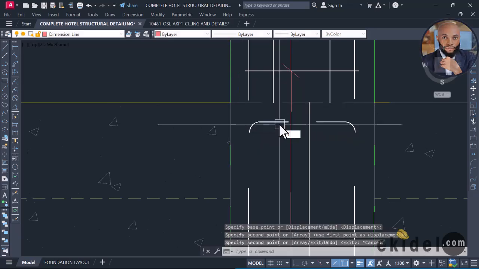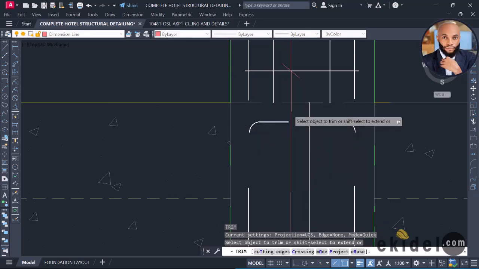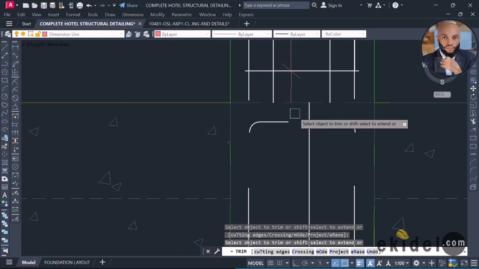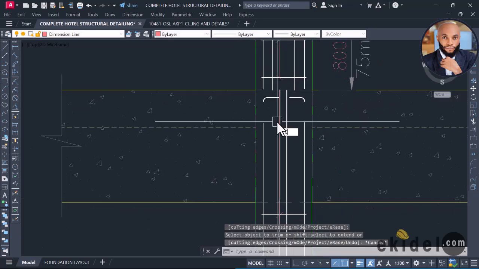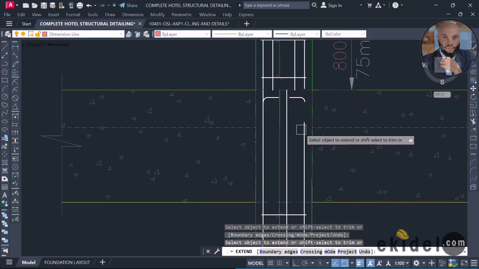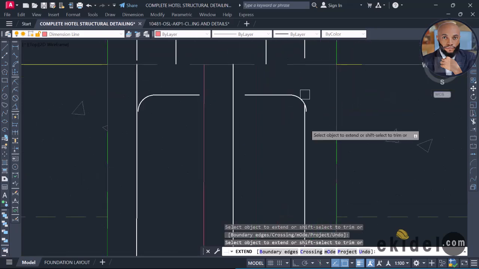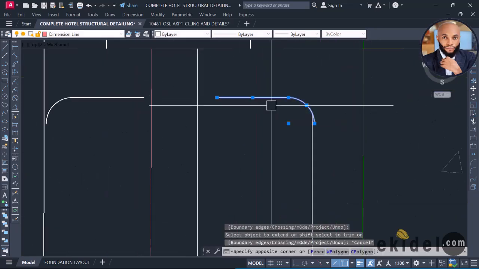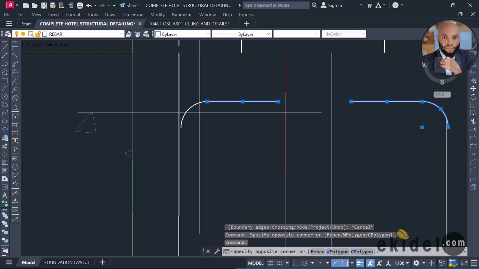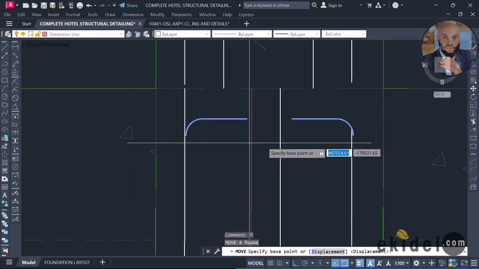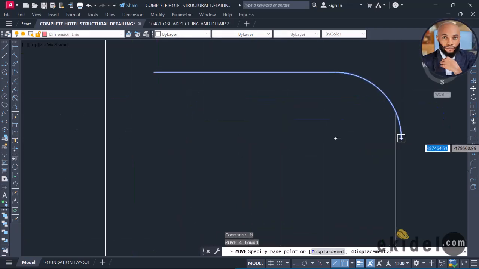Okay, and then trim off everything that's happening here. Okay, sorry, you enter. Okay, trim off this, that's fine. And then extend this and this. Okay, and something's happening here, so I'll come here right now and then click on this again, move from here